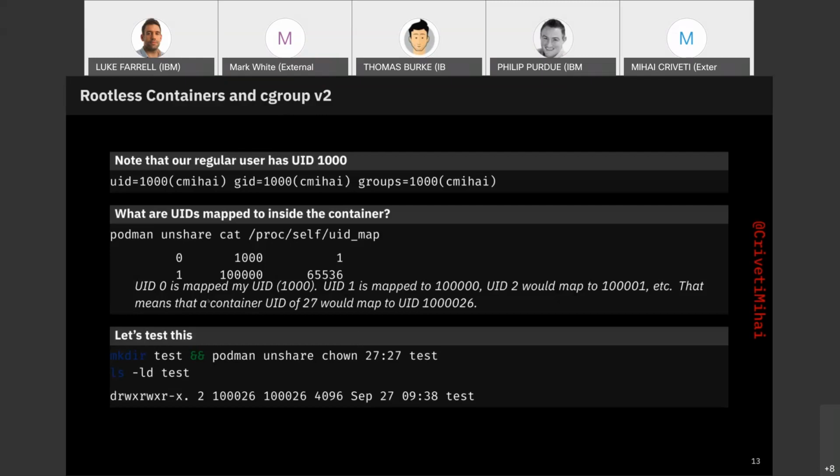So here's the idea: let's say that you have a container and inside your container you have MySQL. MySQL inside the container runs as the MySQL user. It does not run as the root user. And the UID of the MySQL user inside most containers happens to be 27, right? So that 27 is going to map to UID